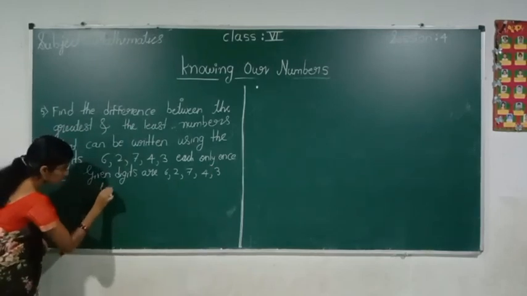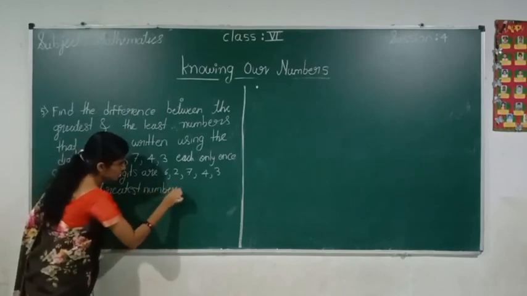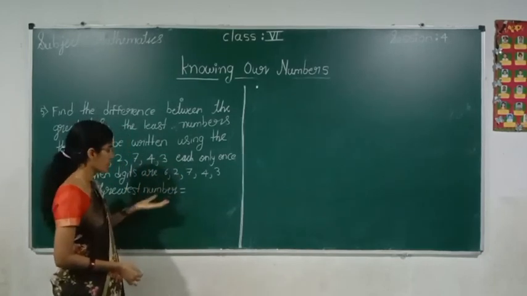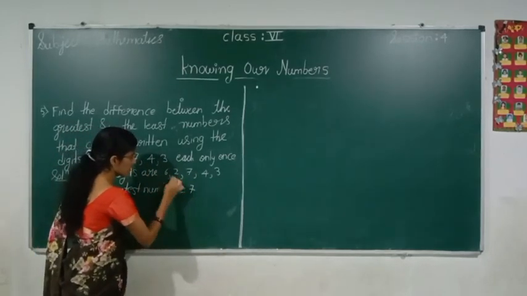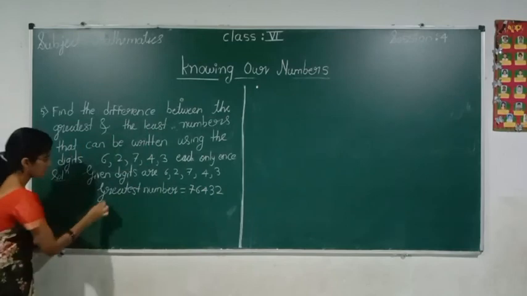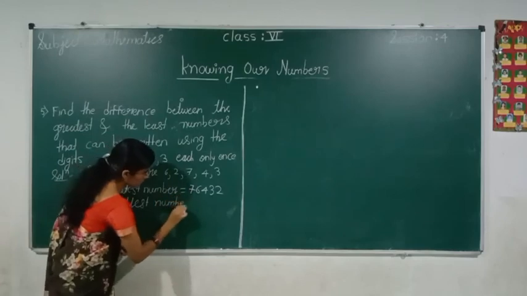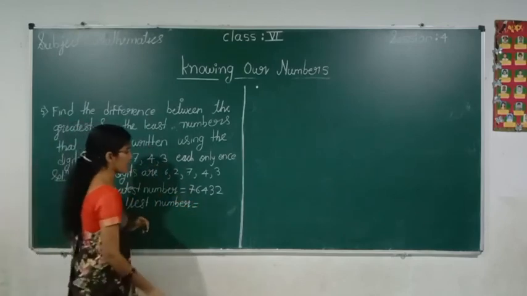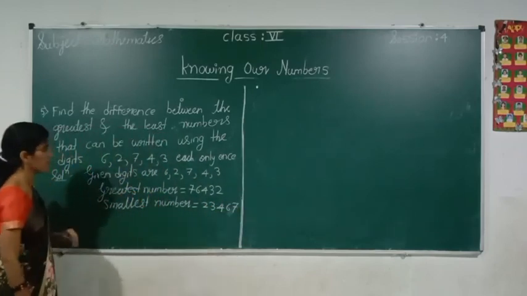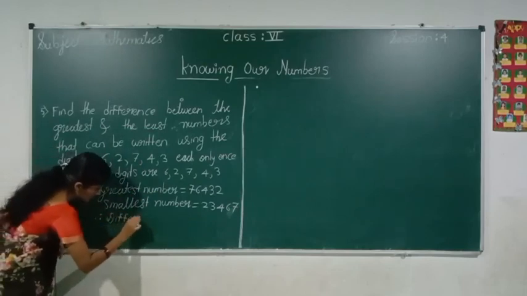See how to find the greatest number. Go on writing these digits in descending order. We will get the greatest number. See here, 7, 6, 4, 3, 2. This is the greatest number. And what about the smallest number? The smallest number is equal to, write this in ascending order, that is 2, 3, 4, 6, 7. This is nothing but the least number. Now we have to find the difference. Therefore, the difference is equal to